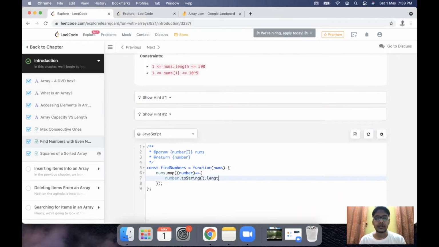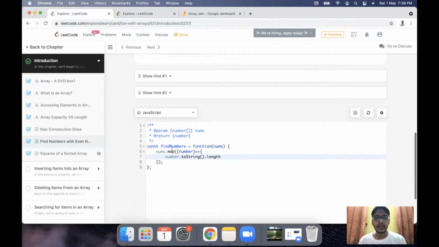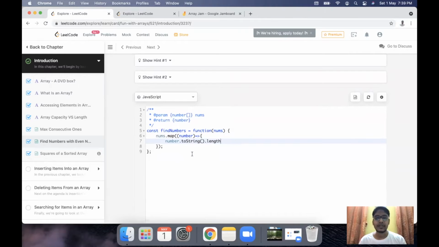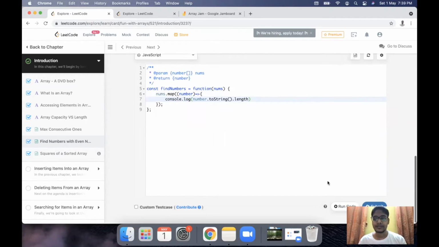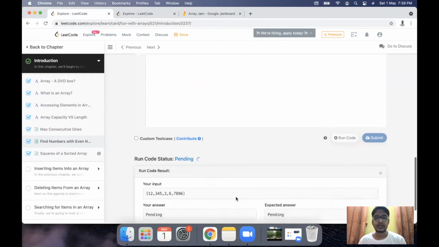So if I use dot length here, then I will get the length of this string, and then I can move ahead with some code. For now, let's just log this value using console.log. This will be printed in my stdout, and let's just run this code. Obviously, the output will not be right.